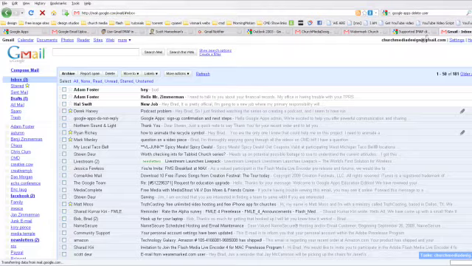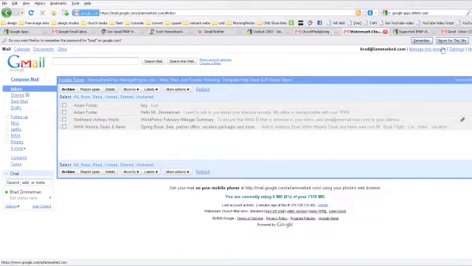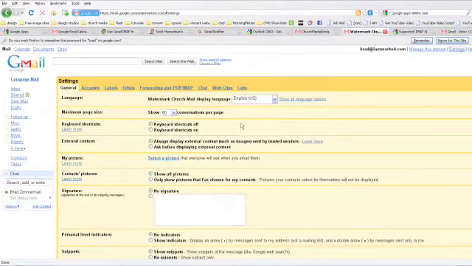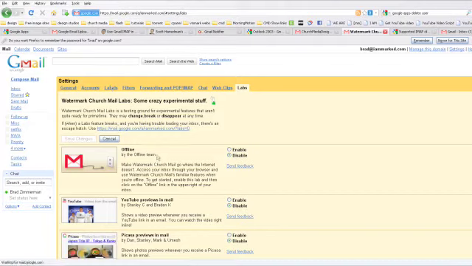Next is Gmail offline. Inside of our account here, we can go to settings. Inside settings, you'll see labs. And in here, you'll see Gmail offline. Once you enable this, you'll have to add Google Gears to your browser, and that will allow Gmail to save all of your data offline to your computer, so you have a hard copy, so that you can pull up your browser and look through all of your old email